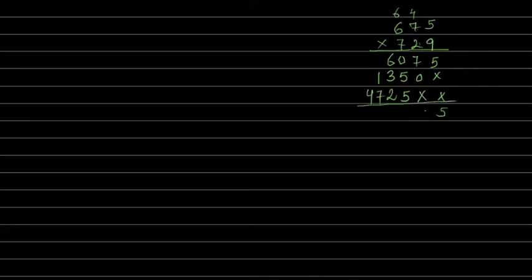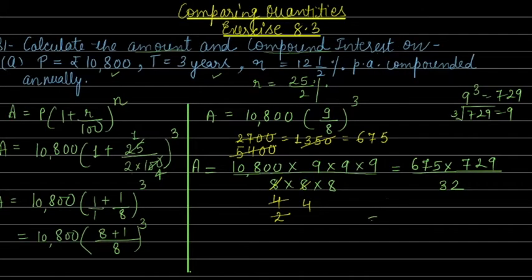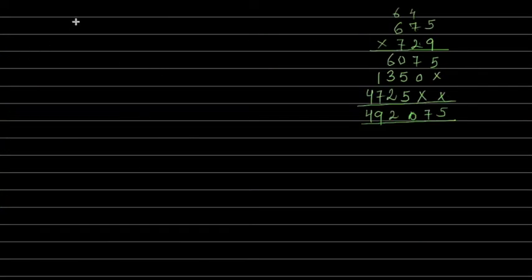Let's add it. 5, 7, 10, 10 and sorry, this is a 0 here. 2, 7, 8, 9 and 4. So we are getting this number. So let's put it there. This will be equal to 4,92,075 upon 32. Now again you have to divide this number by 32. So let's do the division in rough work very carefully. In this chapter the calculation part is really important. 4,92,075. So let's see how we are going to divide it.